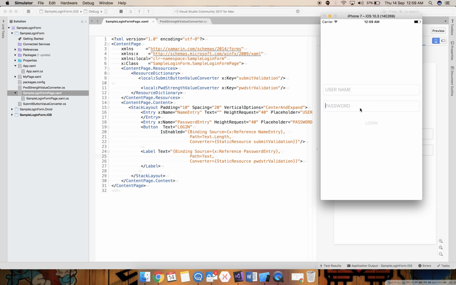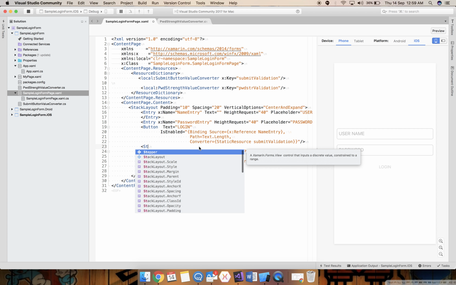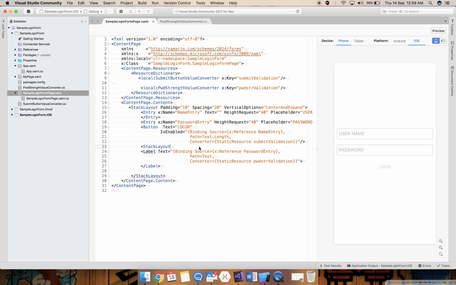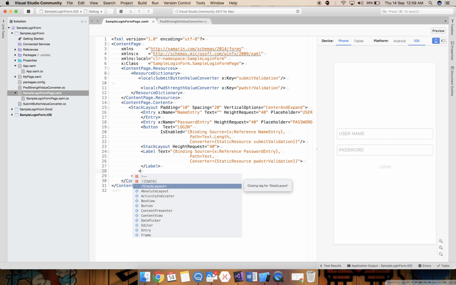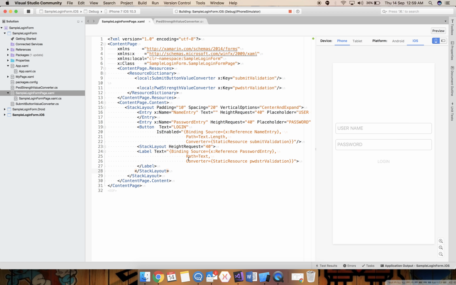So it is a little bit changing the space, means the size also. So we can do one thing for now, means there are lots of options to do this, means we can also create the grid. For now I'll create a stack layout, and I have provided the stack layout height to 40. So now let's see if it is good or not,